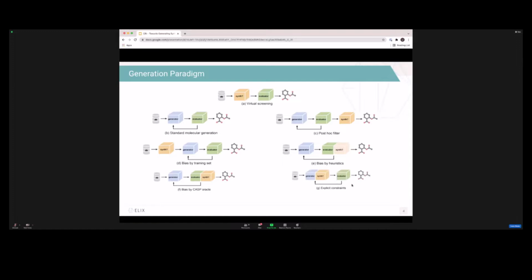Finally, the most recent approach is to consider some kind of explicit constraint. This explicit constraint is a little bit different from bias and all the other approaches. What we want to ensure here is that the constraint we're enforcing in the generator restricts the chemical space that we're trying to access from the start. In this case, we are only making sure that the database is synthesizable. What if we want to ensure that the molecules in the database are also purchasable, also a building block towards a more complex molecule, for instance? So this kind of explicit constraint starts to stack up as we add into